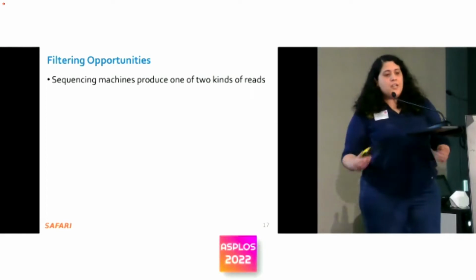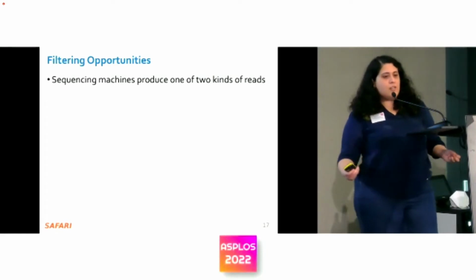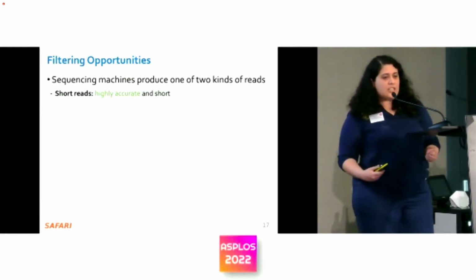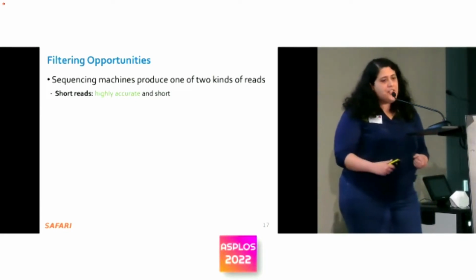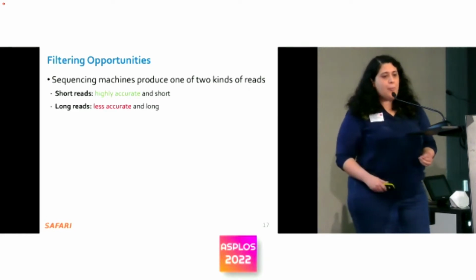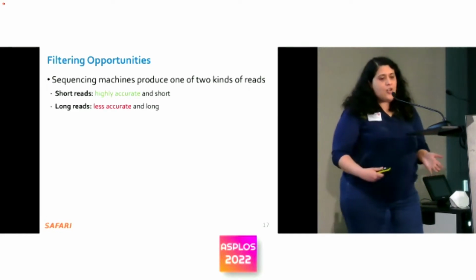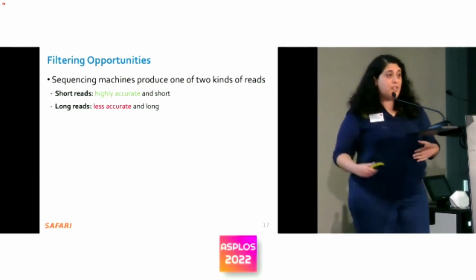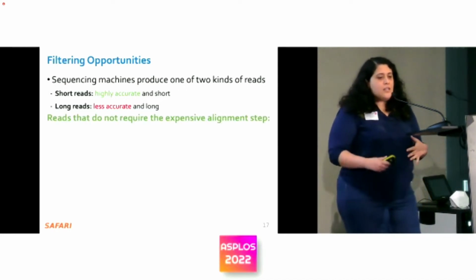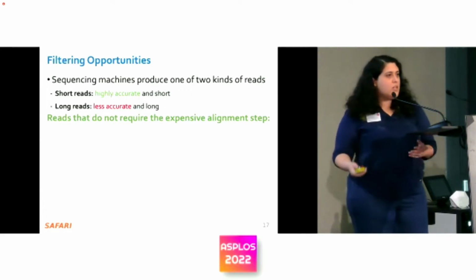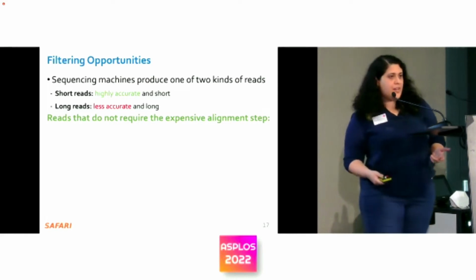So currently sequencing machines produce one of 2 types of reads. Short read sequencing technologies produce reads that are highly accurate but short, for example, up to a few hundred DNA characters. And long read sequencing technologies generate reads that are less accurate but long, from 300 to millions of DNA characters. So based on that, we leverage 2 filtering opportunities based on 2 classes of reads that wouldn't require expensive